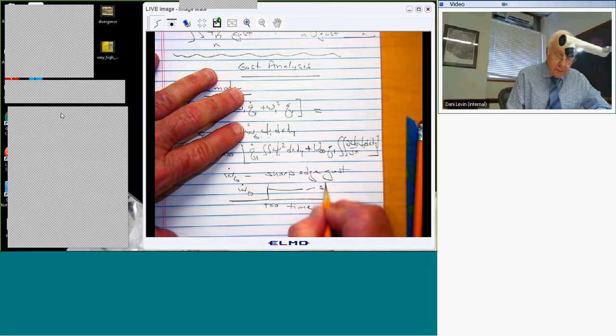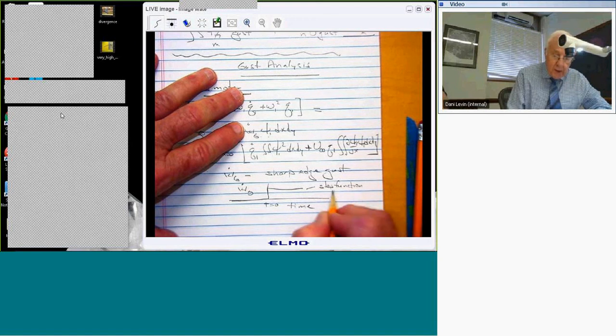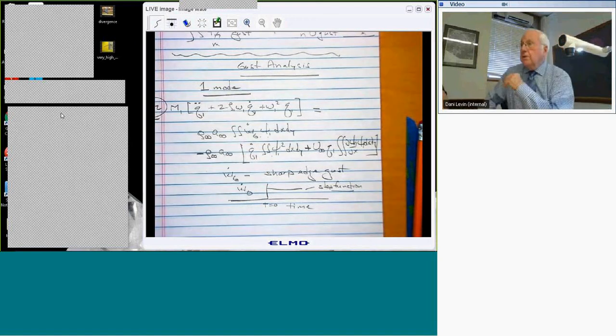And since this is a linear system, if you find the response due to the step function, you can in principle use that to find the response for any other input. Or you can just keep solving this equation. But if I have a step input, what do you think happens at very large times? What happens at short times?